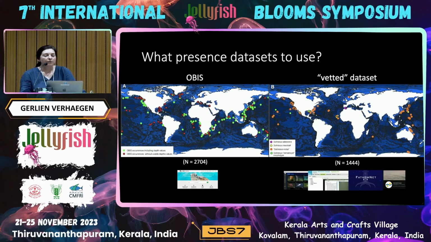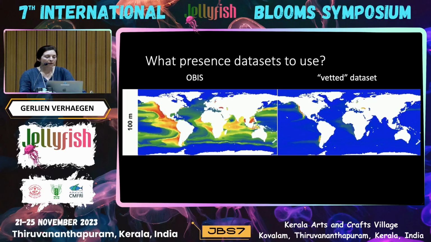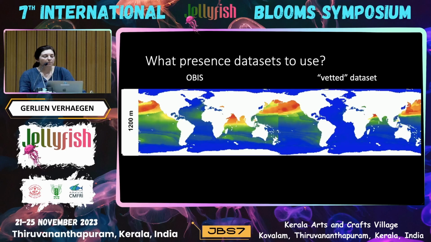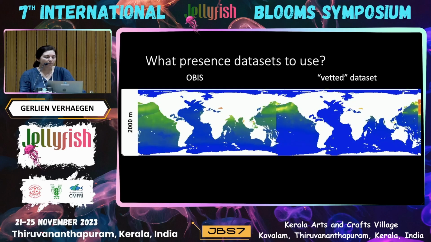And there, over 90% of the data comes from the North Pacific, because institutes like JAMSTEC and MBARI are studying the midwater there, but other locations will focus mostly on the benthic and forget there is a whole ecosystem on top. So I modeled then the genus, on the left for OBIS, on the right for the vetted data, and in 3D, so we went from 200 to 400. Warmer colors means higher probabilities to find Solmissus.